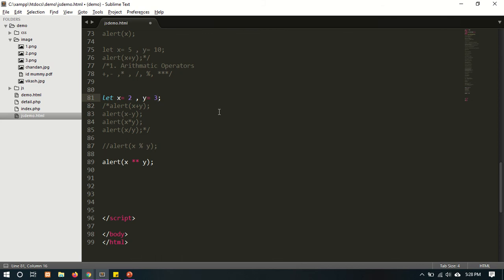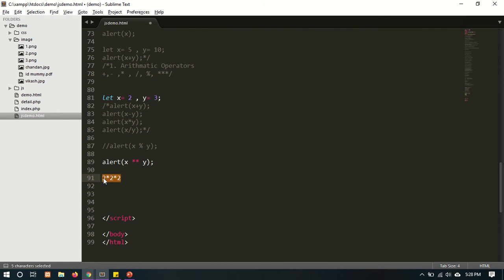आपने power सुना, you hear about the power, 2 to power 3. The same work is of the, मीन जैसे 2 टू पावर 3 का वैल्यू क्या होता है कि 2 को हम लोग 3 टाइम्स मल्टीप्लाई करते हैं, तो सेम काम हमारा एक्सपोनेशन का है. It multiplies the value of x to the y times, means suppose अगर हमने 2 और 3 लिया है, तो ये 2 को 3 टाइम्स मल्टीप्लाई करेगा.